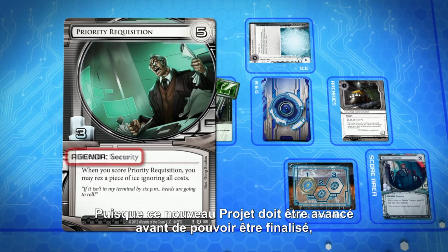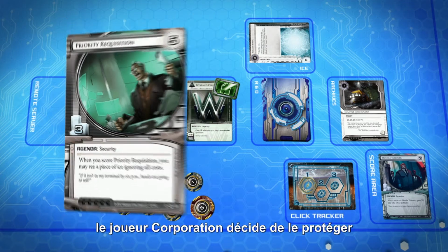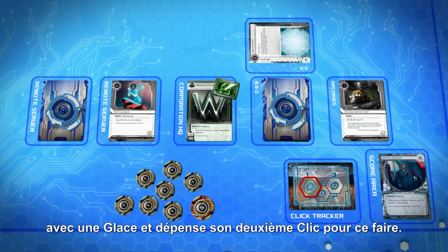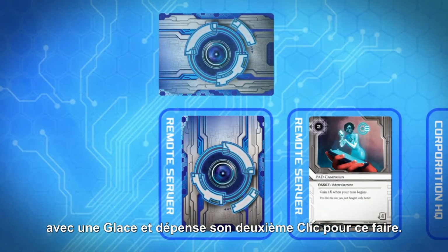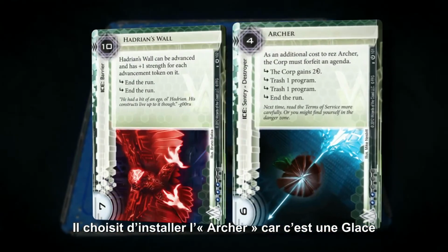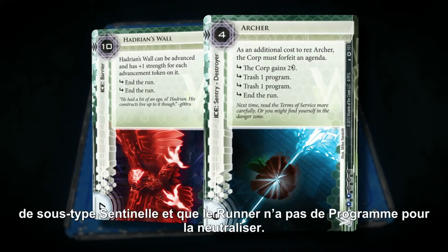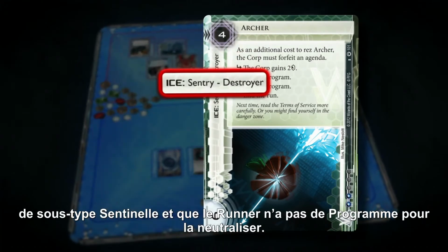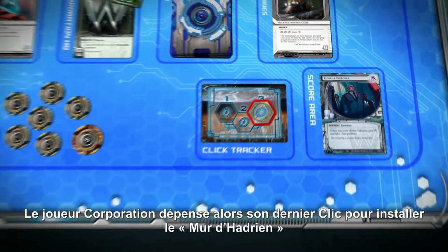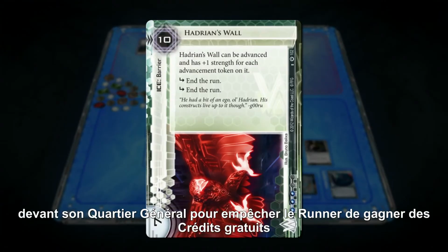server. This new agenda must be advanced before it can be scored, so the corporation player chooses to protect it by installing ice, spending his second click to do so. He chooses to install Archer because it is a piece of ice with a sentry subtype, which the runner has no programs to break. The corporation player then spends his final click to install Hadrian's Wall in front of his